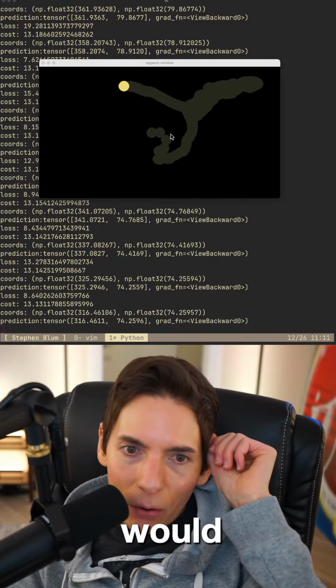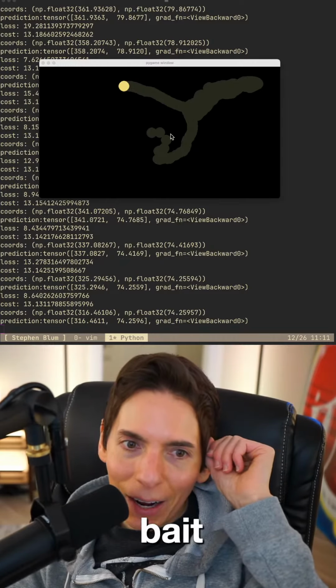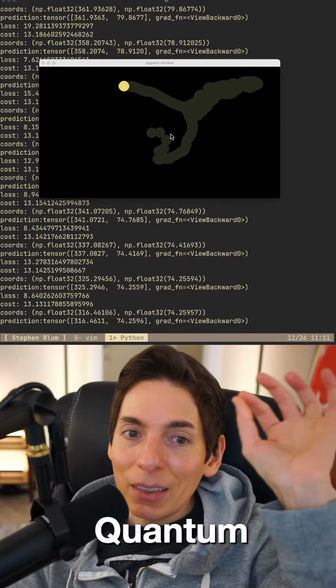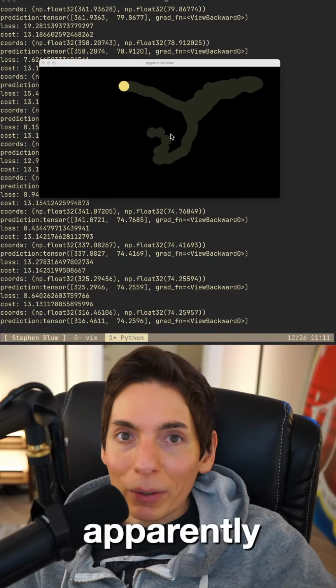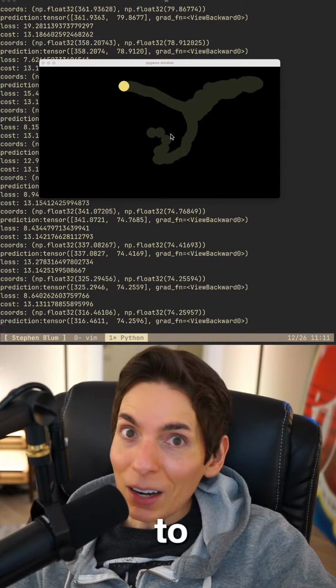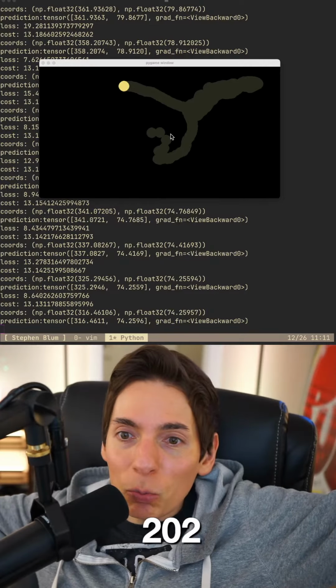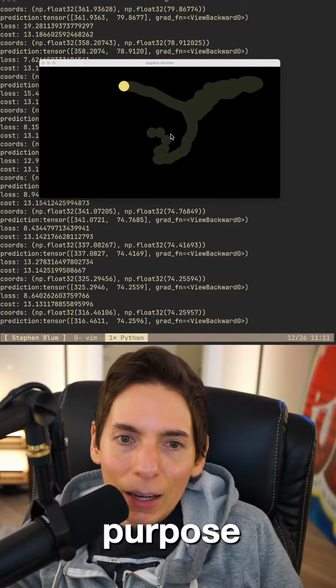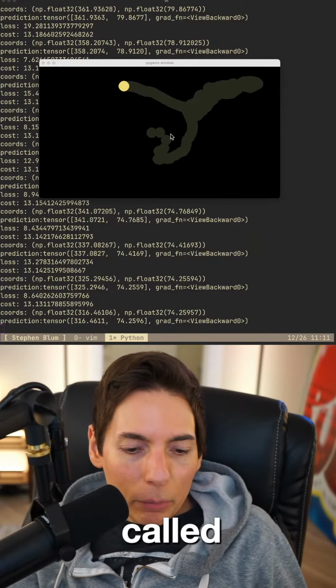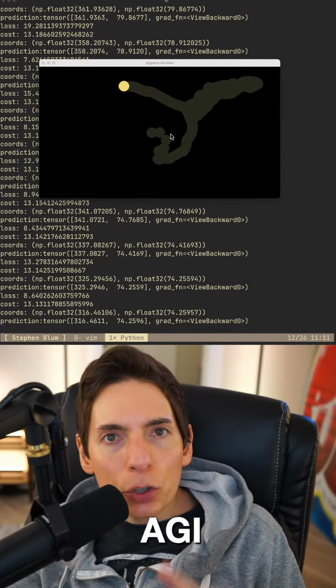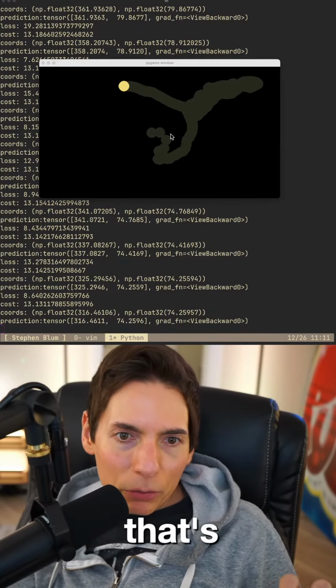It would plan our demise without batting an eye. That is when we have to be worried, right? Skynet, which is apparently 2028. We've got 2 to 3 years, right? Sometime in 2028 is when general purpose AI, right? What is it called? AGI, artificial general intelligence. That's what we're going for.